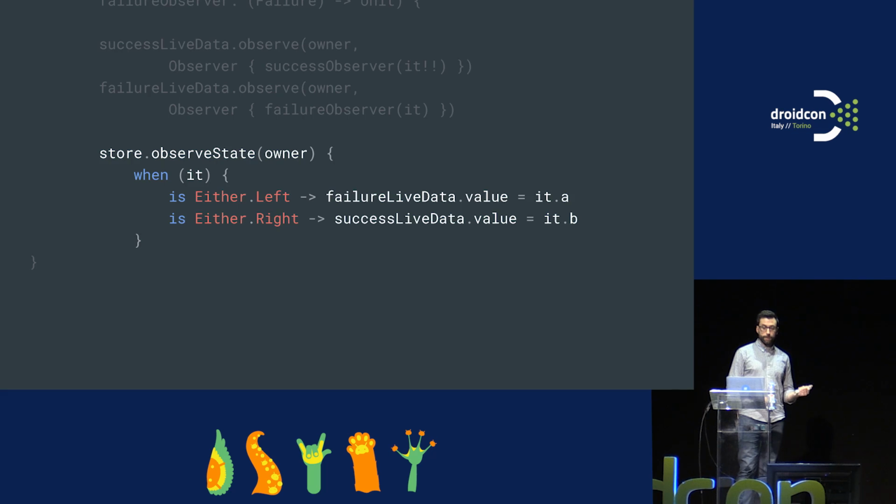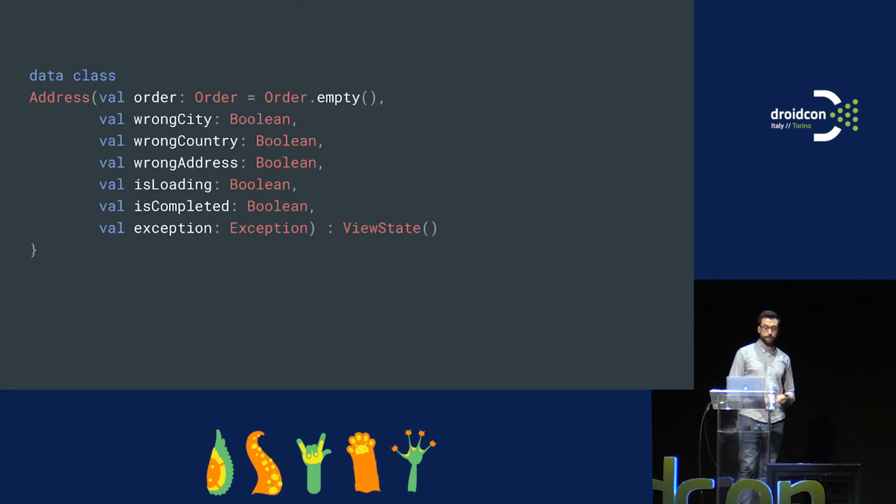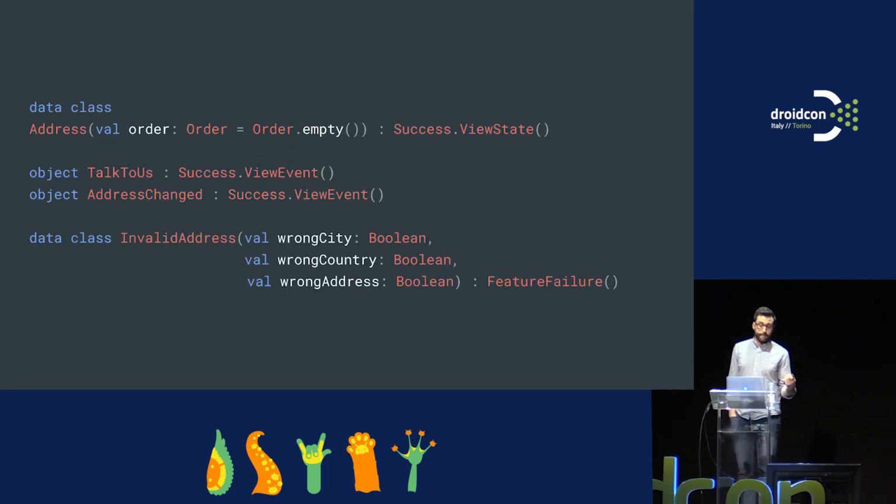If we go back to the original data class that we had in this screen, we've seen that we have all those different flags with the orders and the loading and complete. If we look at how that file looks now with the new approach, it looks a bit cleaner. We have a data class which is going to be the order, that's the state of success. We also have two events, talk to us and address changed.